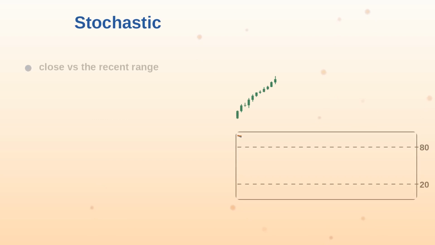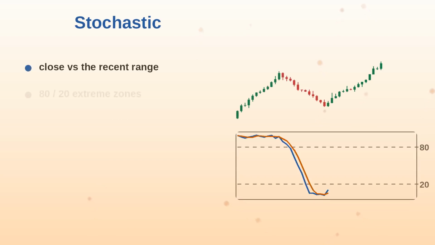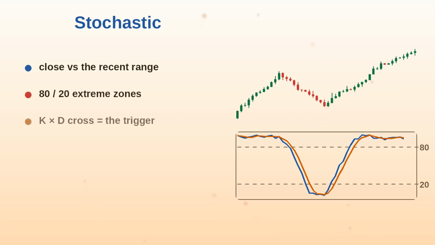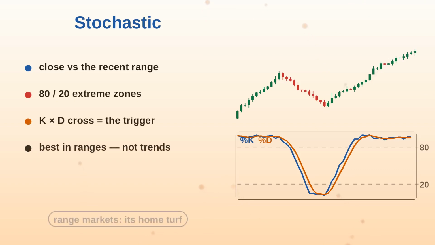The stochastic oscillator asks one question: where did we close relative to the recent range? Closing near the highs of the range scores high, near the lows scores low. 2 lines, %K, fast, and %D, its smoothed signal. Above 80 is overbought territory, below 20, oversold, and the classic trigger is the K line crossing D inside those extreme zones. The stochastic shines in sideways, range-bound markets and gets dangerous in strong trends, where it stays pinned, just